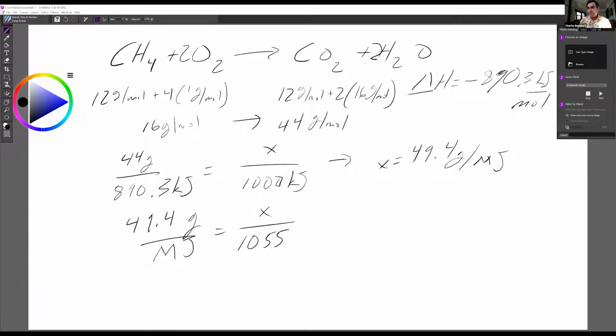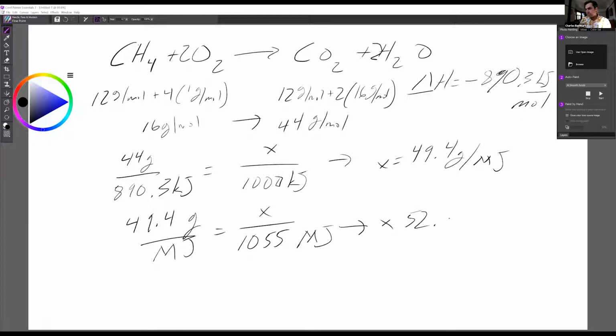So a mega BTU would be 1055 megajoules, right? Because 1055 joules is a BTU. All right, so rearranging this equation, solving for x, we get x equals